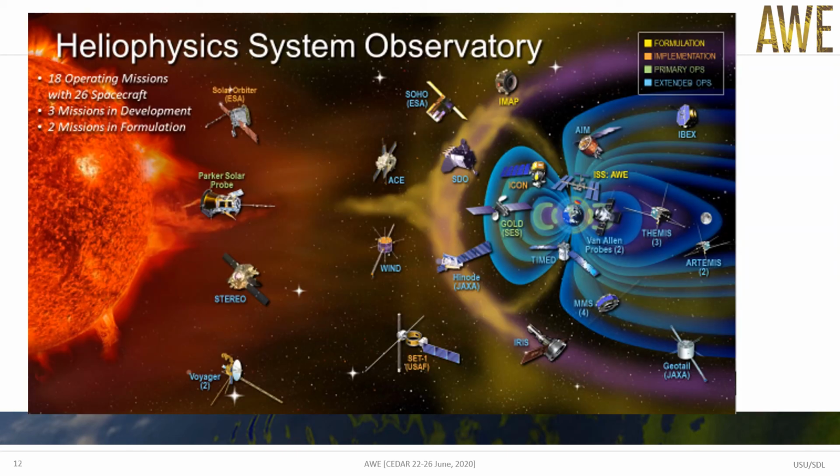I would like to conclude with this NASA slide, which shows their impressive Heliophysics system observatory. Over the past nearly 2 decades, I have had the opportunity to work with the TIMED satellite as a ground-based observer, and more recently with the AIM satellite as a co-investigator studying gravity waves in polar mesospheric clouds. So it's really exciting to see OR shown here on the ISS under formulation. In 2022, OR will become the first heliophysics mission on the ISS.